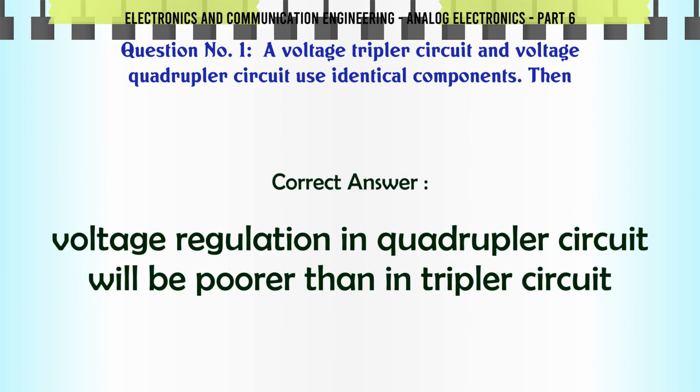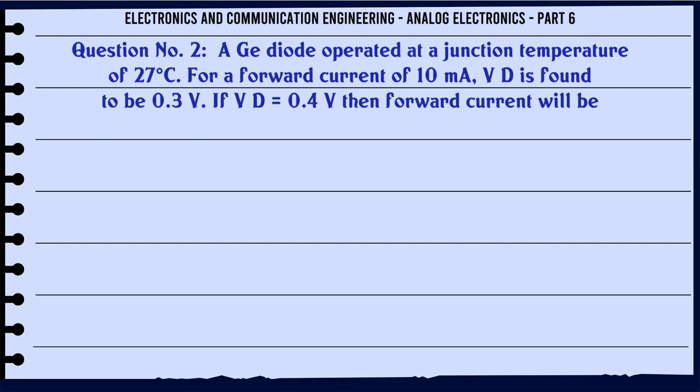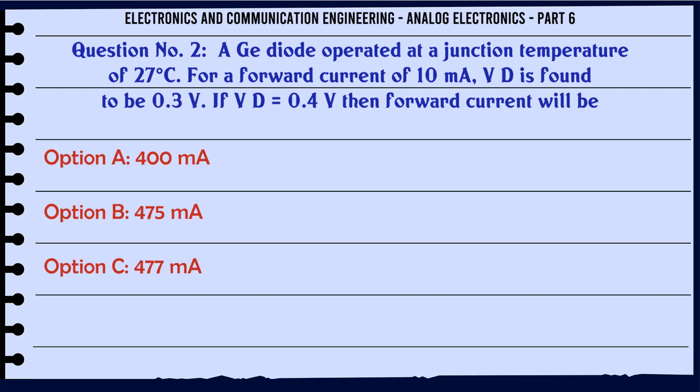The correct answer is voltage regulation in quadrupler circuit will be poorer than in tripler circuit. A Ge diode operated at a junction temperature of 27 °C for a forward current of 10 mA, Vd is found to be 0.3 V. If Vd is 0.4 V, then forward current will be